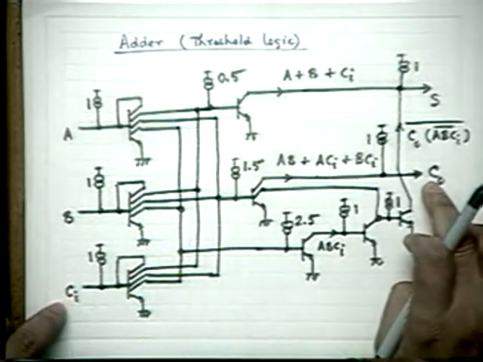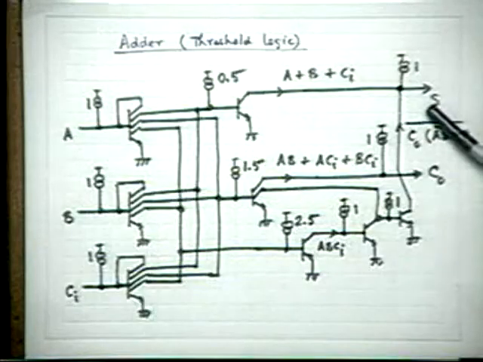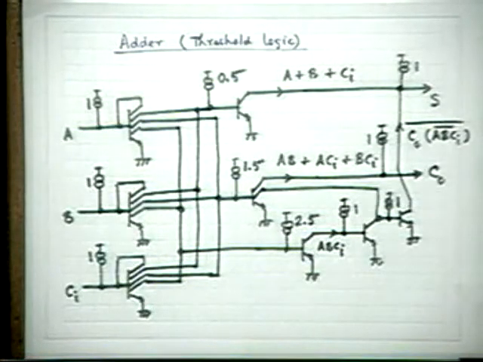If I want to take the actual output to the outside world, I have to pass it either through a buffer or a level translator to make it TTL compatible or whatever you like. This is not TTL compatible, or may not be MOS compatible. So I have to put a buffer here, which not only provides amplification, with very high input impedance and low output impedance, but secondly also translates the voltage levels. That can be done by using diodes and other transistors. There are various ways of translating, called voltage level translators.